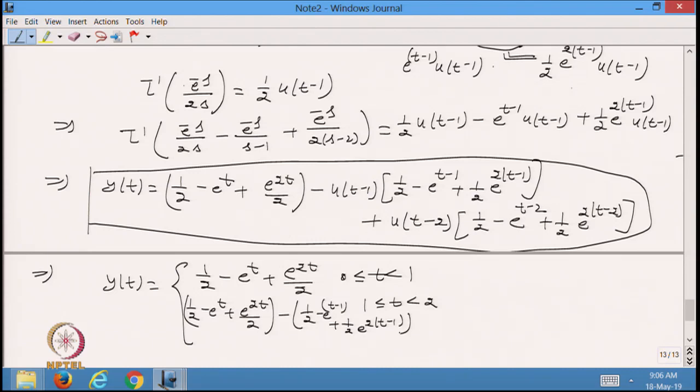So, this is the factor when t is between 1 and 2,